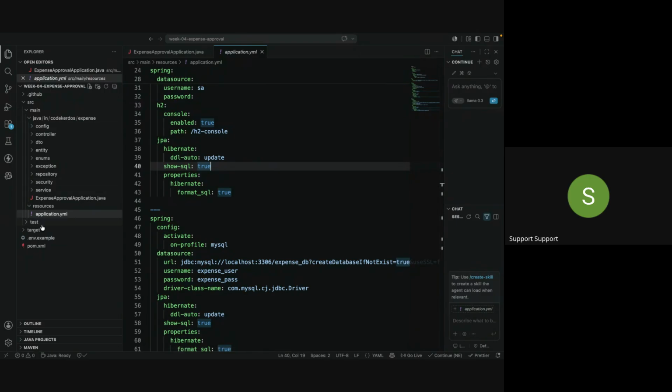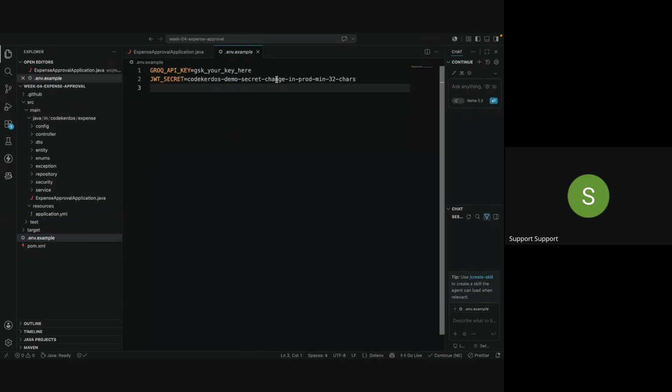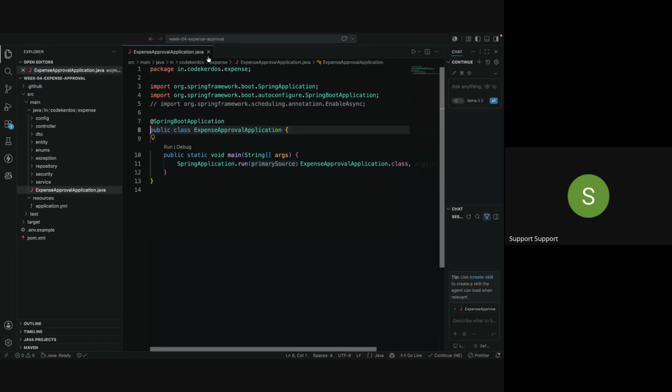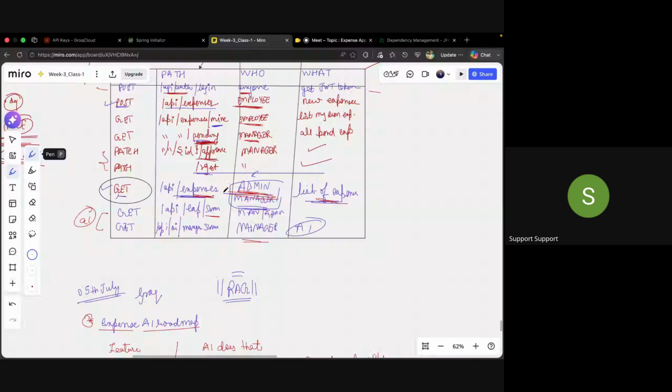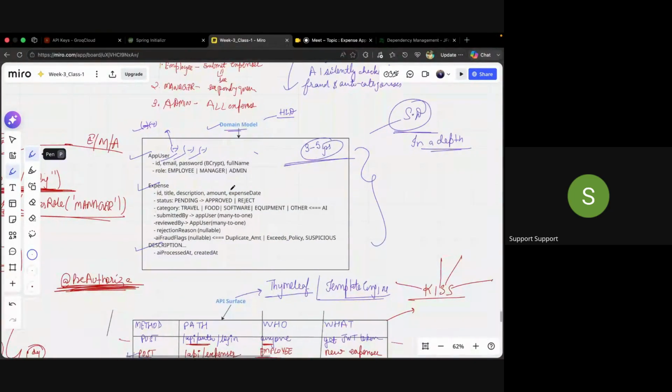Then if I go towards your .env example, I've added two things, that is your secret key and your Grok API key. Okay, once we reload it, all the structure of YML and pom.xml is ready. Everything is now added, all the things we have it. So let's move towards our code part, right? Now think from your architecture brain. This was my app.model. If I go back to our app.model and just clean this,